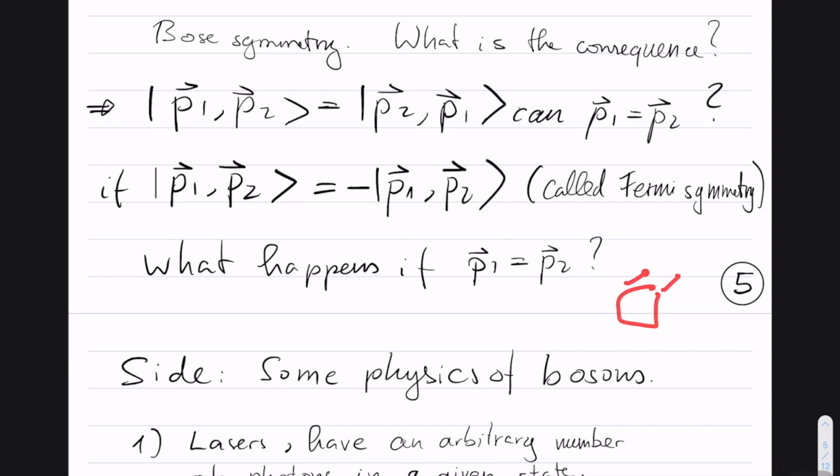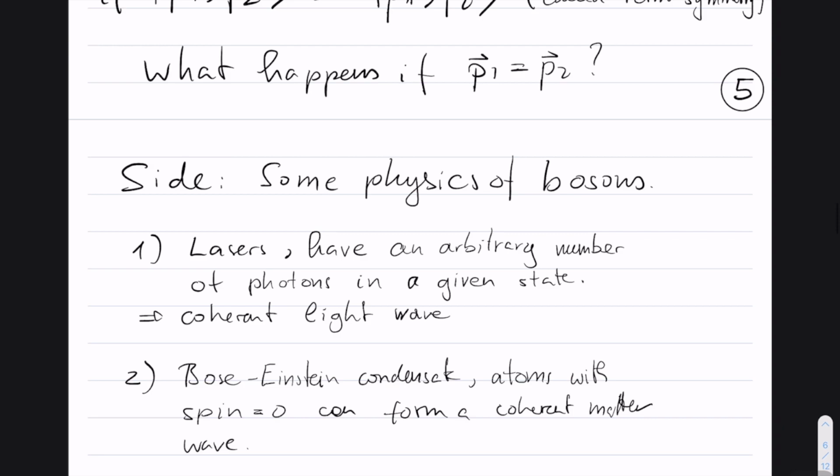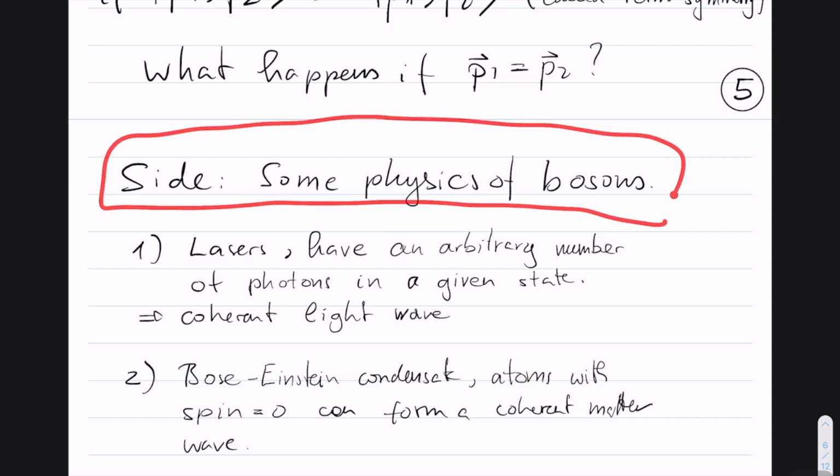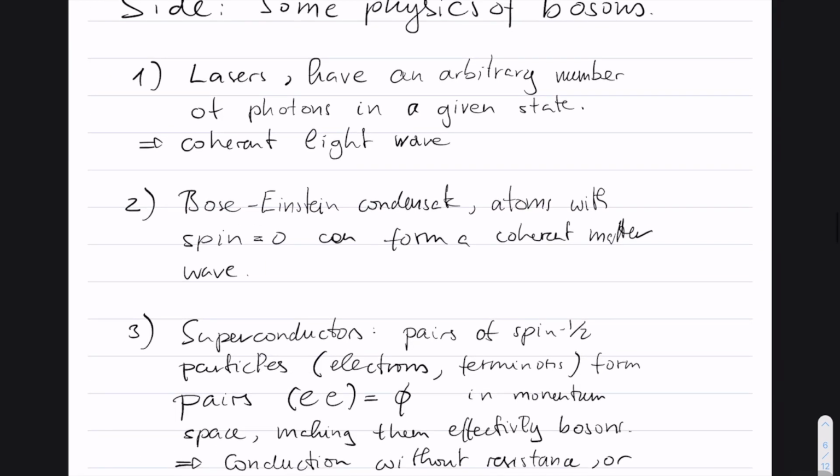They don't want to sit in the same place. You can't really make them and force them to sit in the same position, having exactly the same labels. Okay, but bosons are different. Bosons don't care. They are very, you know, social, let's say. Bosons can be pushed to arbitrary numbers in a single quantum state, and I just wanted to mention some examples